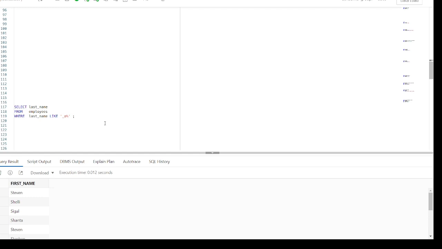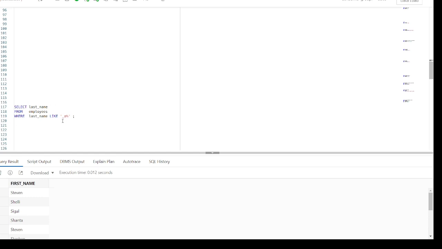We can combine the two wildcard characters, percentage and underscore, with literal characters for pattern matching. The percentage and underscore symbols can be used in any combination with literal characters.